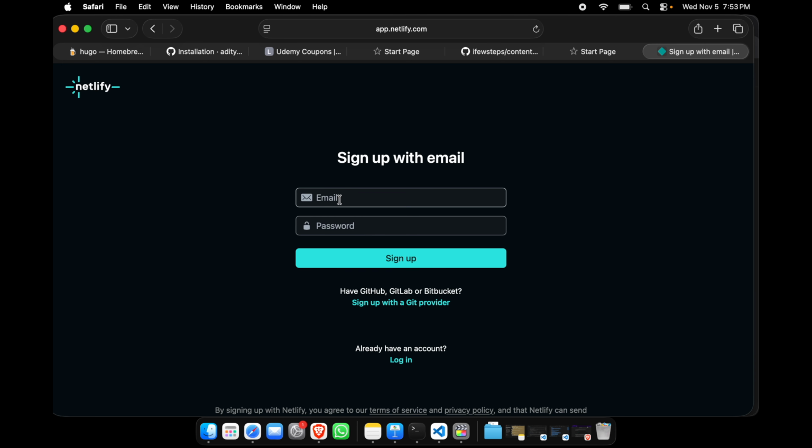Now here we need to type an email and a strong password. So I'm going to type my email address, which is FewSteps@icloud.com, and then I'm going to type a strong password. I'm going to generate a strong password with Apple Passwords, and then I'm going to press the sign up button,